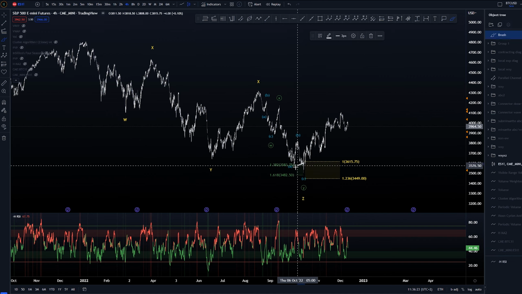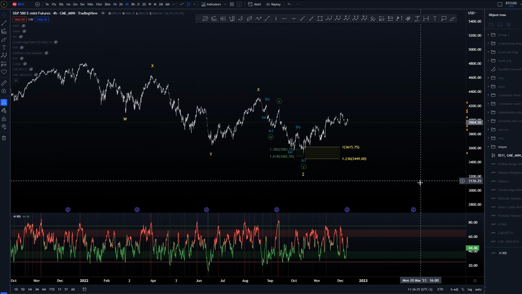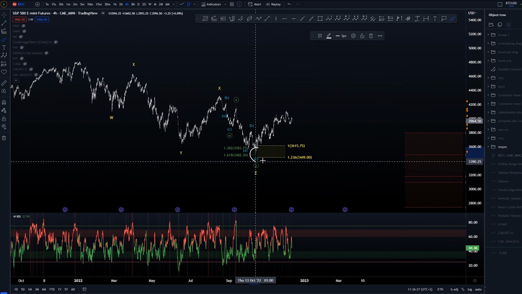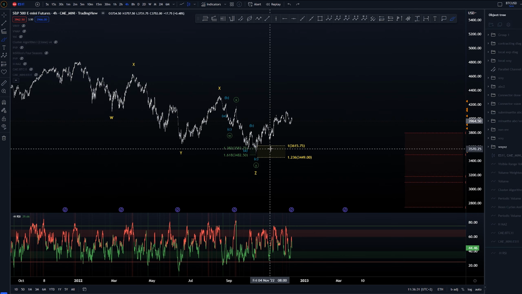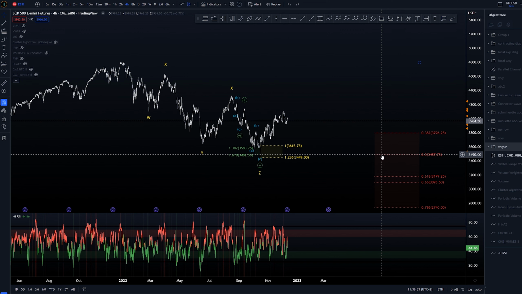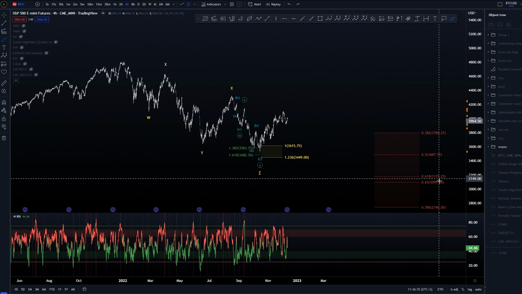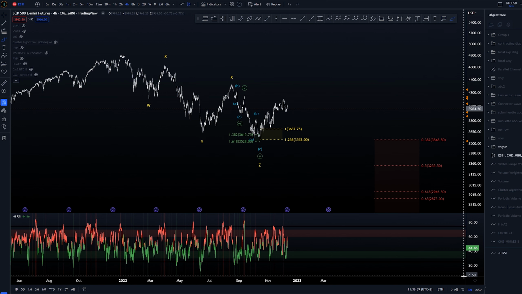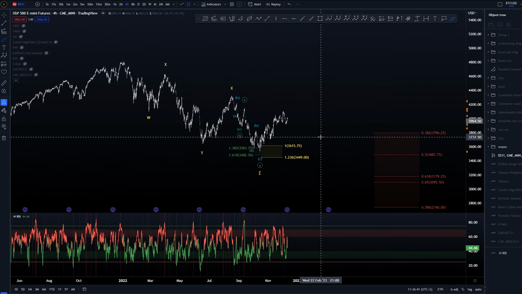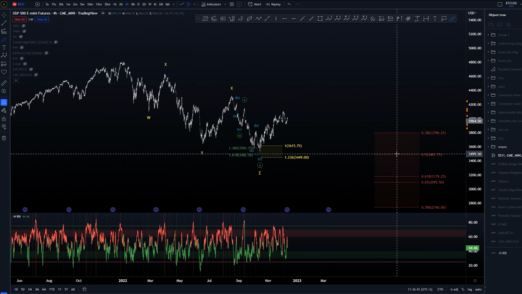That would say that, okay, we have a correction that has potential end here. Either this is part or the first structure of that correction, or this is the whole correction itself. At this point, we are around the 50% retracement on arithmetic scale and the 38.2 retracement on logarithmic scale. So that has some confluence here on higher time frame as well.